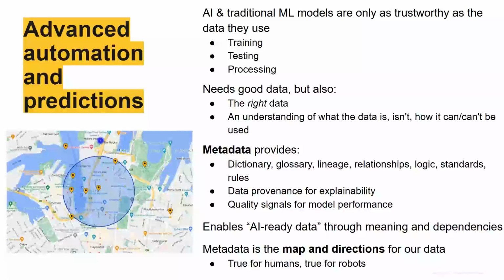It's going to tell you, ideally, if we think about the maturity model dimensions again, things like quality: should I be using this data for this purpose? We're looking at creating AI-ready data by leveraging metadata, and ultimately the metadata provides the map and directions for the data itself. So if you think about how you as an analyst would use the data, the model's not going to be able to use it any differently. You still have to know what you're using and how to use it.